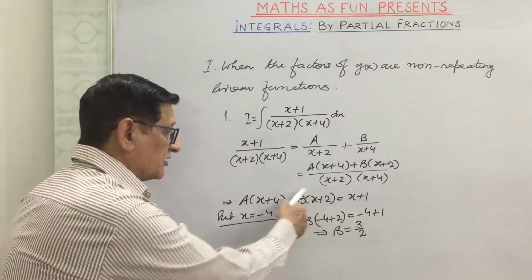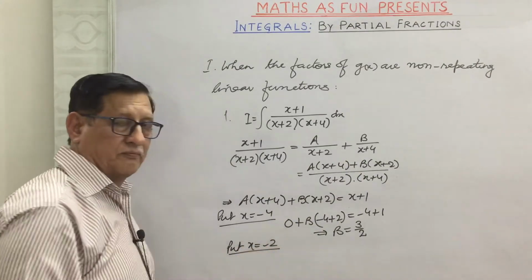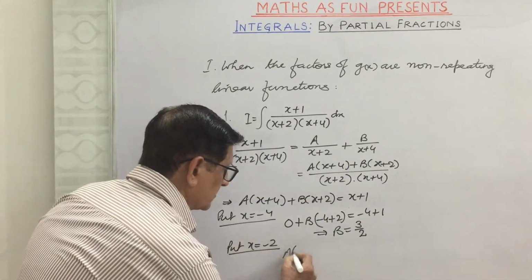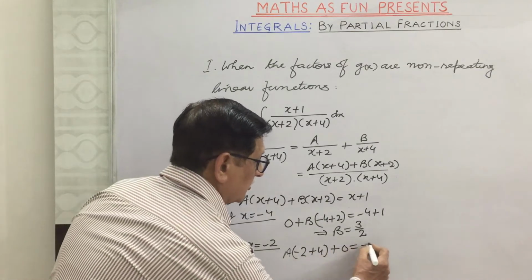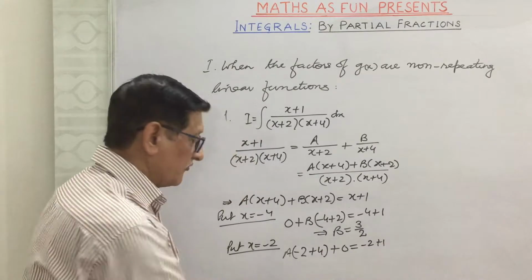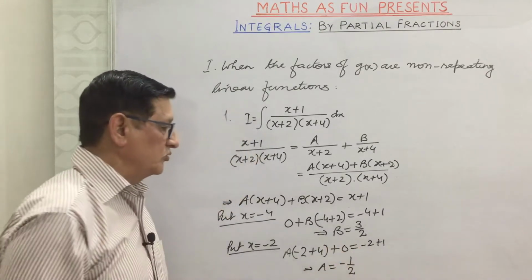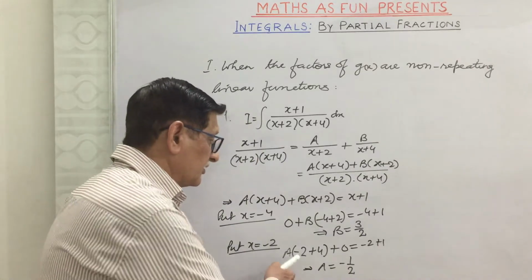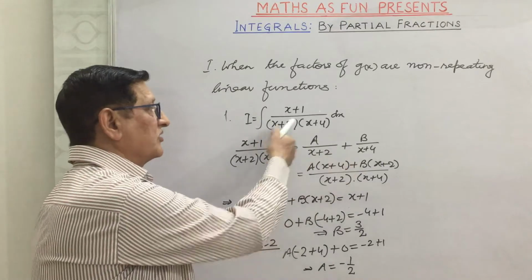Now we'll make this part as 0, for which we will put x is equal to minus 2. We get a into minus 2 plus 4 plus 0 equal to minus 2 plus 1. When we simplify, we are getting a is equal to minus 1 by 2. After finding the values of a and b, we can substitute those values here, and then we can find out